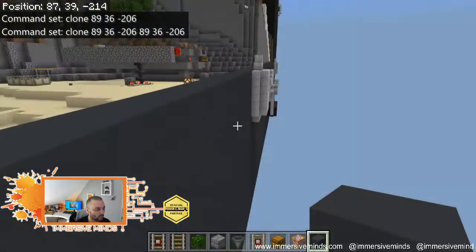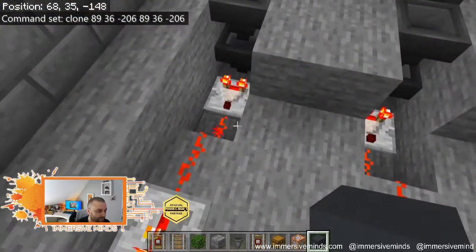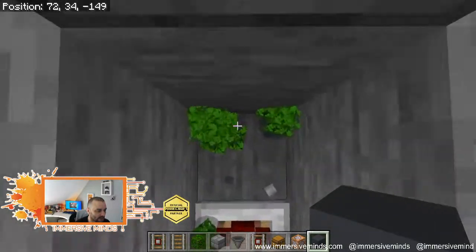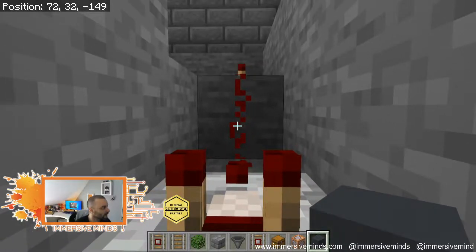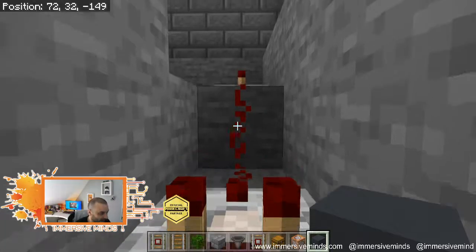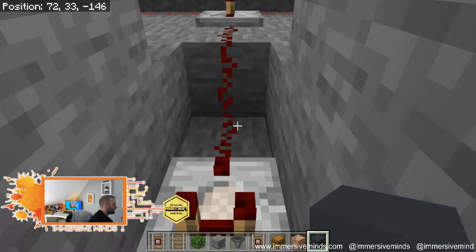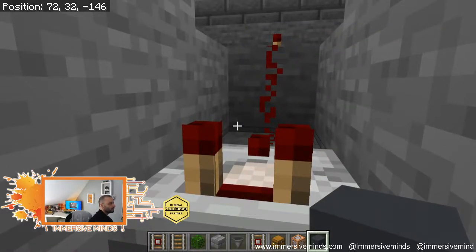And then we have to work out where that goes in. That airdrop is going to get cloned in, and it's below, isn't it? So let me take these out just now. It's here. This is where the air block has to go because this is where the chest will go. So chest 1 is 7232 minus 149. And then let me just get a pattern, because there's always a pattern. Let me just get rid of those two just now. And that is 7232 minus 146, and therefore